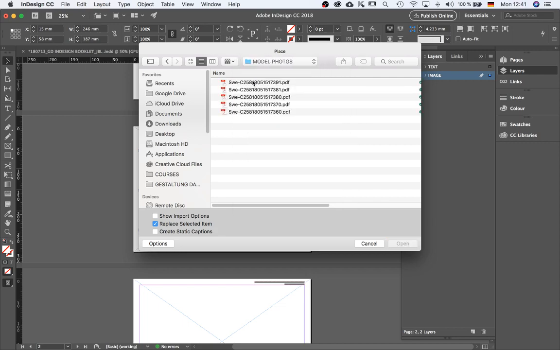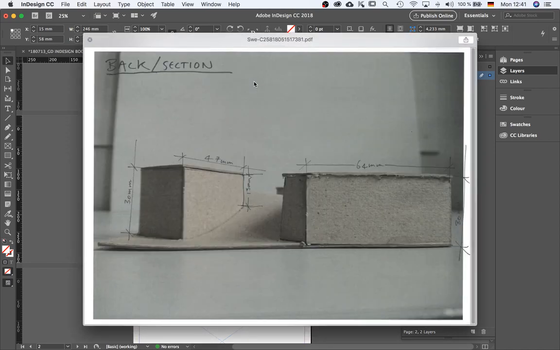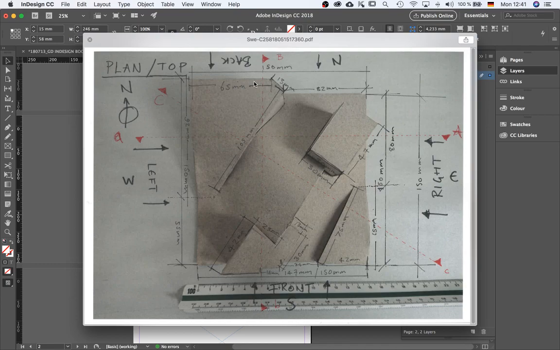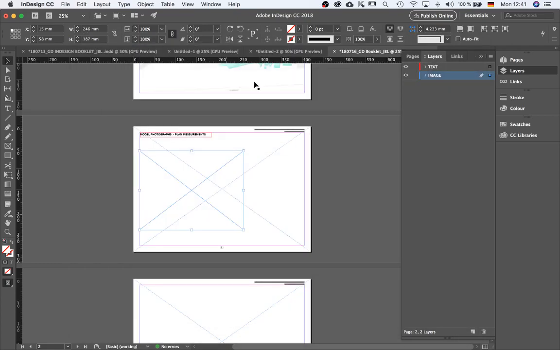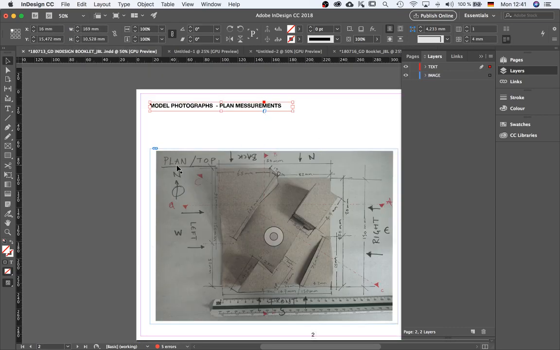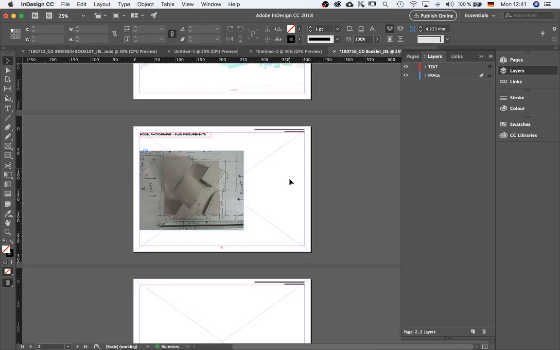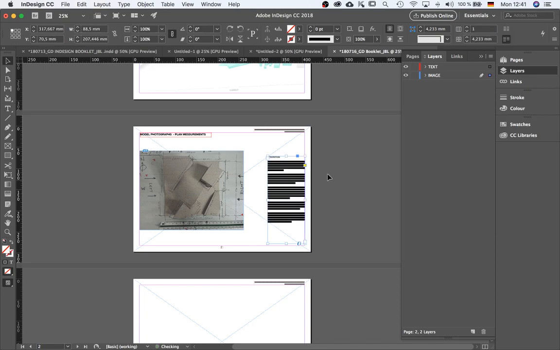images of model photos. Preview on Mac is spacebar, if you didn't already know. It's quite useful. Yep, that's the one. Enter. It will appear within that frame. And then some text explaining what that page is about. So, description, copy and paste that across, Shift-Command-V, I want to move that to my text layer,